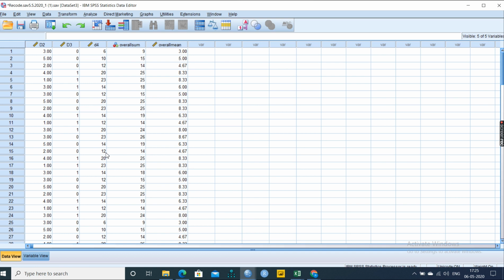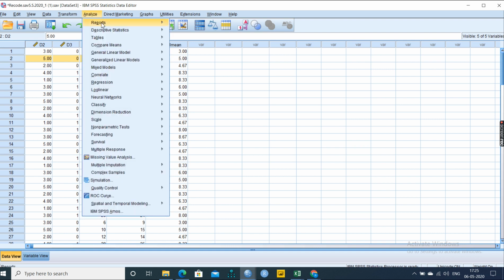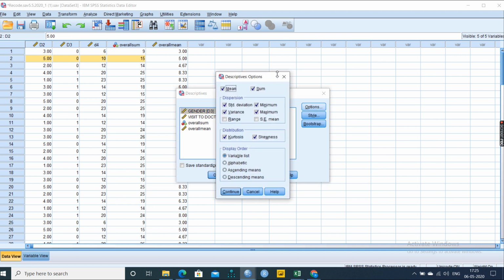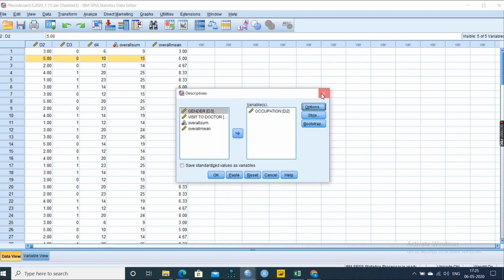Likewise, you can find overall mean, median, standard deviation, whatever statistical operations are there. So this is about the respondents' overall mean and respondents' overall sum. All these you can find here only. When you want to find it for each and every variable, you have to go to Analyze, Descriptive, choose Descriptives and select the options there. Okay, this is about that.